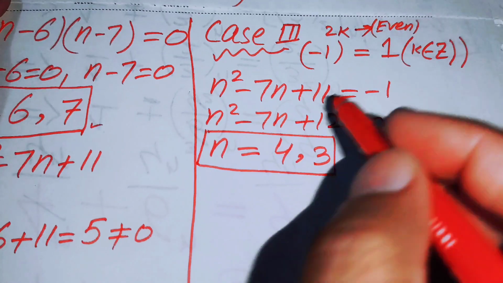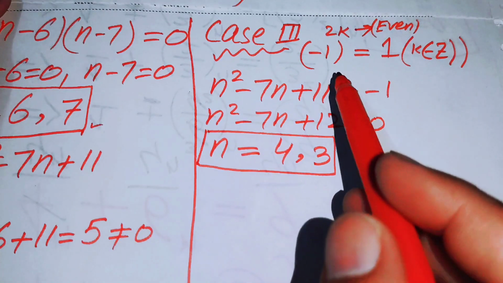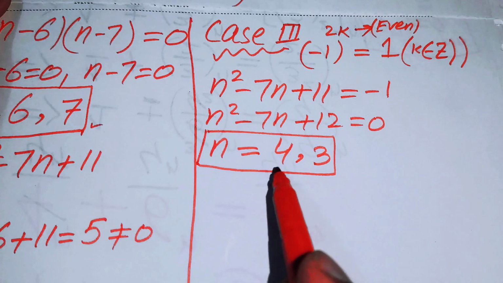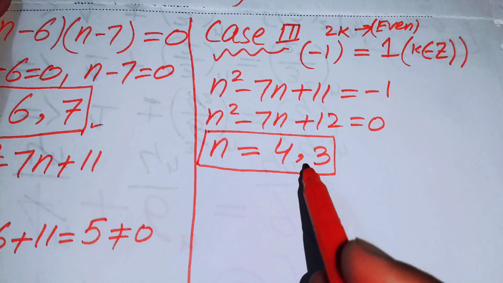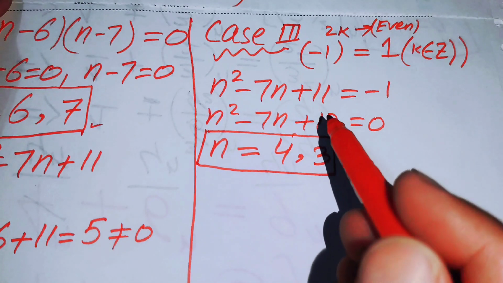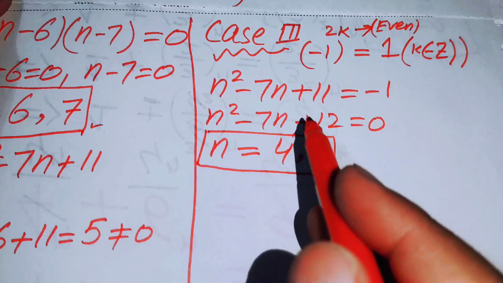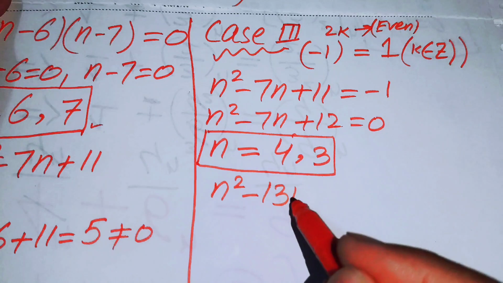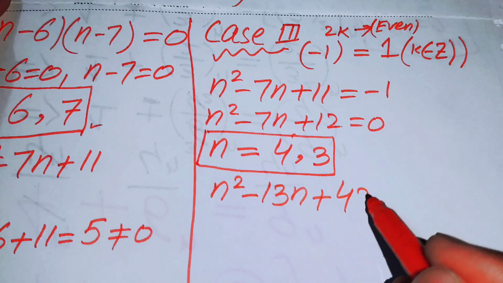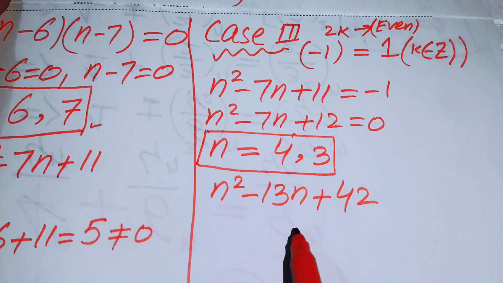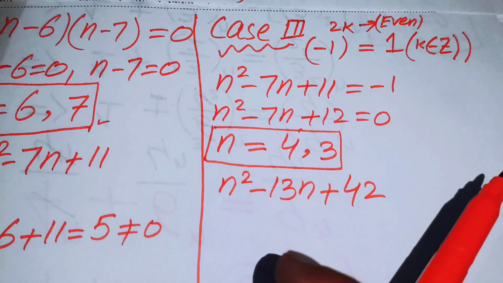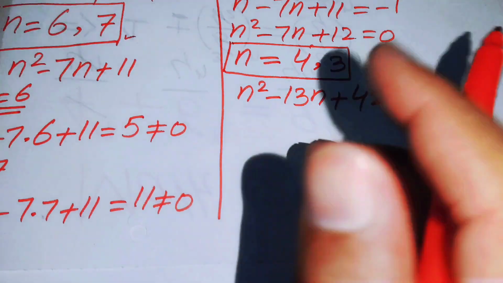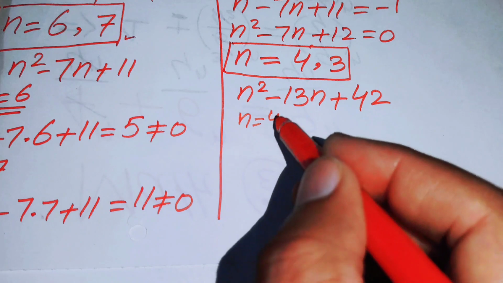So now we will verify our answer, and we check that its exponent will be even for these two values. The exponent of the given question is n square minus 13n plus 42. This is the exponent of the given question on the left hand side. So now we put